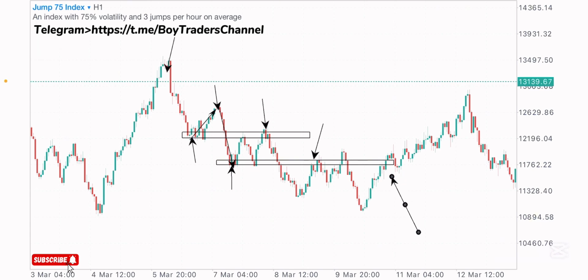And you can do this on any time frame: the 1 hour time frame, the 4 hour time frame, the daily, the weekly, the 30 minutes time frame, the 15 minutes time frame, even the 5 minutes time frame and the 1 minute time frame, we can identify the market structures